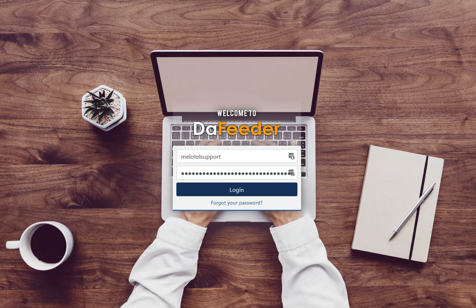I'd like to take the next little bit to explain to you DaFeeder and what DaFeeder is. So DaFeeder is a simple to use web-based telemarketing platform that allows even the most inexperienced computer user to manage campaign dialing, dispositions, callbacks, and even marketing. It delivers a feature-rich set of processes that enhances effectiveness, drives sales, improves customer satisfaction, and provides insight into